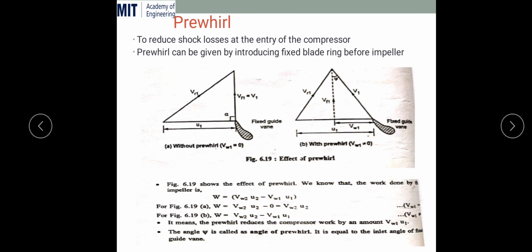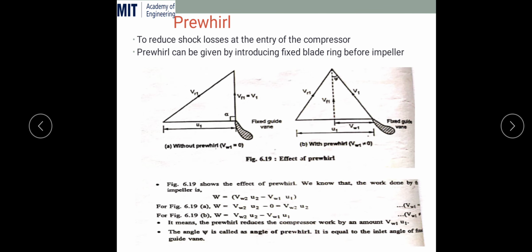Next one, the pre-whirling concept. This is quite new to us. First of all, we need to understand what a whirling is. Whirling is the formation of eddies or rotation of the fluid particles along their own axis. This whirling component, or whirling velocity, we can say, is like the motion of a tornado, or the motion of water particles near the river bank, or the motion of water in a sink. It is called a whirling motion.